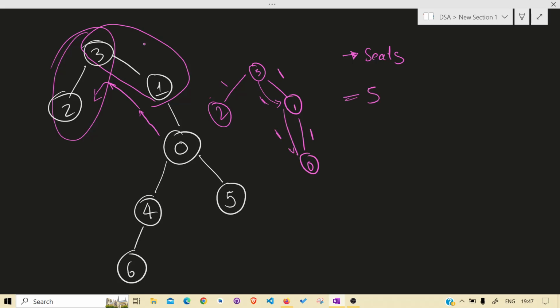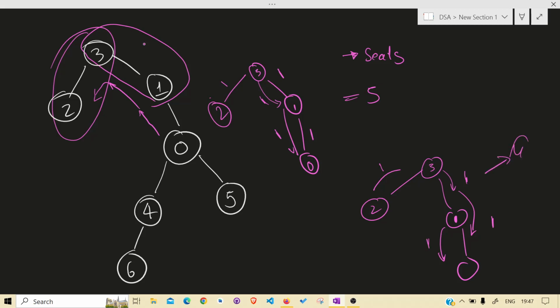That's 5 liters of fuel. If we make 2 and 3 a pair, see for yourself, these two are paired, it required 1 liter, 1 liter, 1 liter, and city 1's representative required 1 liter. How much? 4. Which is less? 4. So what to think is, make representatives of cities that fall in between their path sit together,